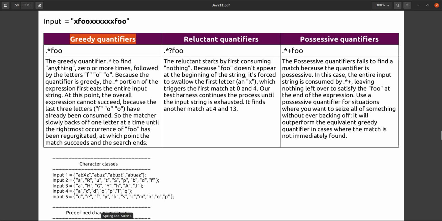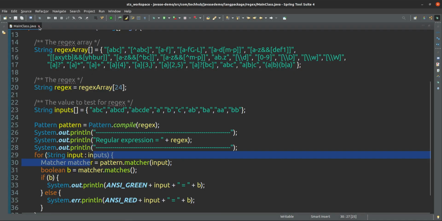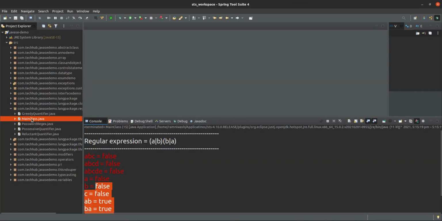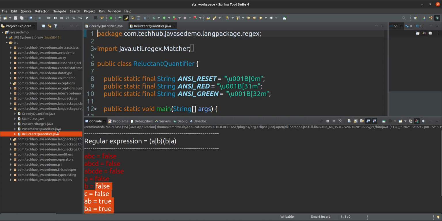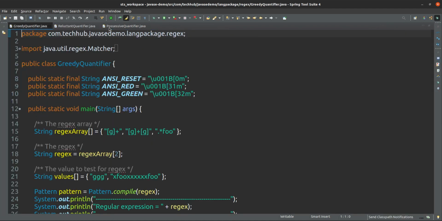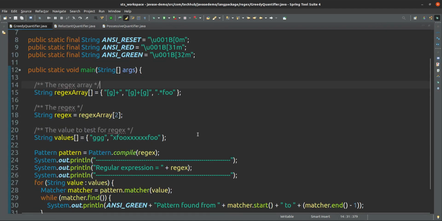So greedy quantifier, reluctant quantifier and possessive quantifier. This is a greedy quantifier. If I run this greedy quantifier, this is the regular expression, and this is the input.